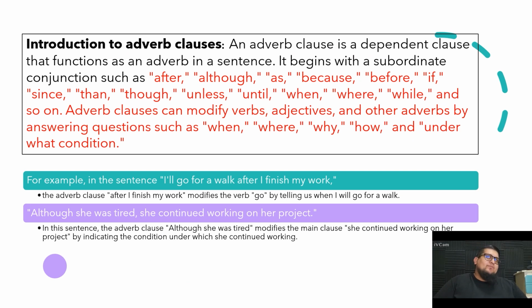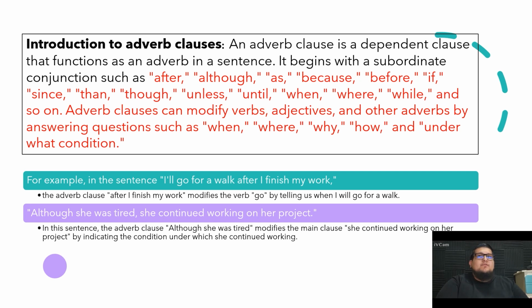Introduction to adverb clauses. An adverb clause is a dependent clause that functions as an adverb in a sentence. It begins with a subordinating conjunction such as after, although, as, because, before, if, since, than, though, unless, until, when, where, while, and so on. Adverb clauses can modify verbs, adjectives, and other adverbs by answering questions such as when, where, why, how, and under what condition. For example, in the sentence, I go for a walk after I finish my work,